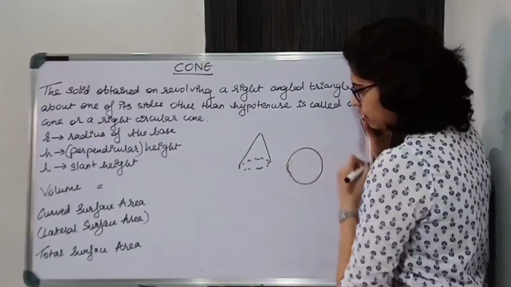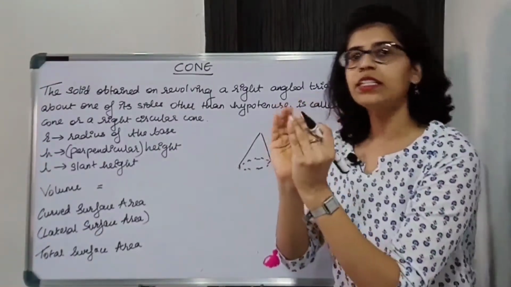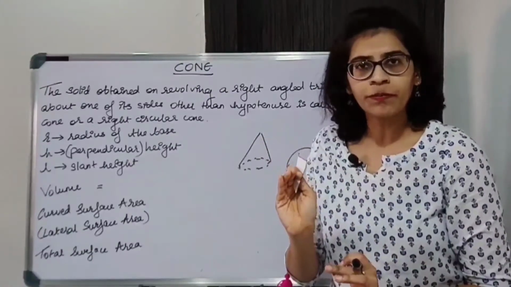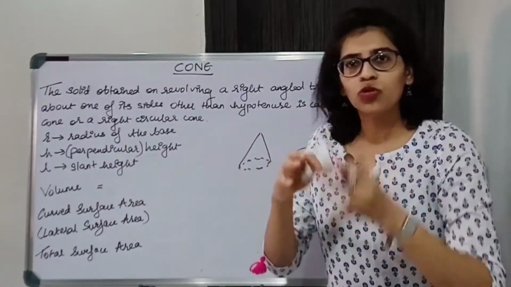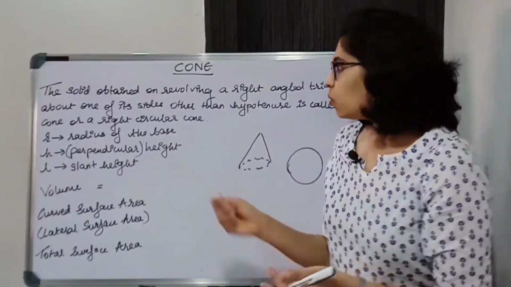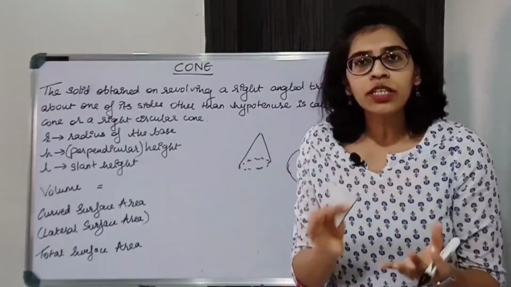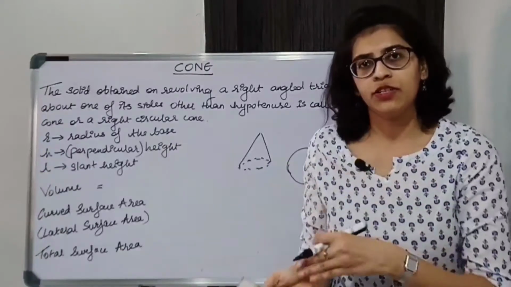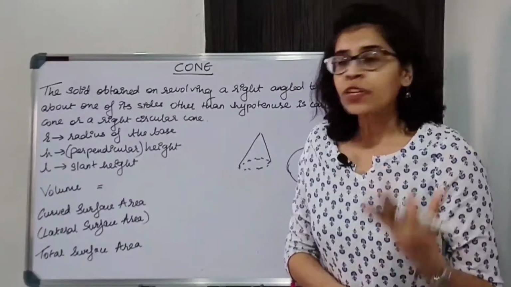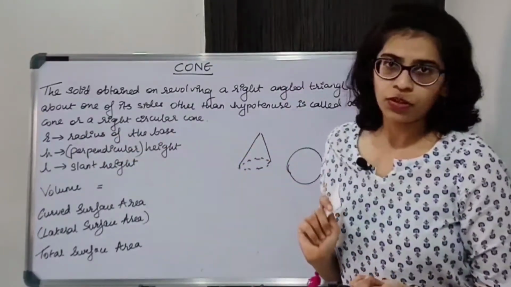It is a circle. If you take an ice cream cone and look at its base, what will it be? The base is circular, okay? That is the top part of the cone. We usually hold an ice cream cone upside down. So that is circular. Now, since it is circular, for a circle we need to know the radius. Only then we'll be able to find the area and circumference of the circle. So we need to know the radius of the base of the cone.